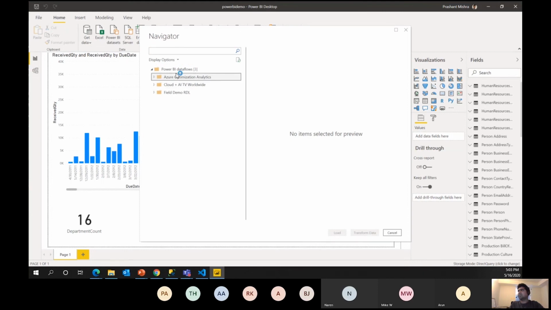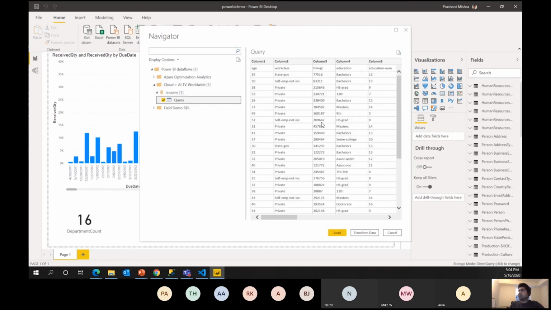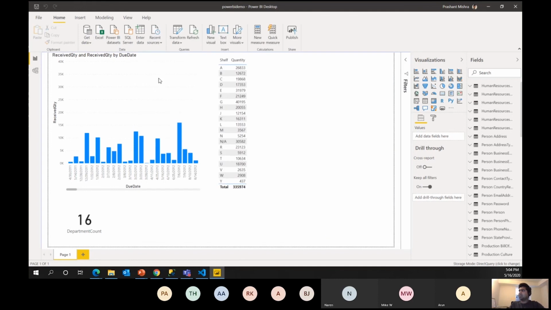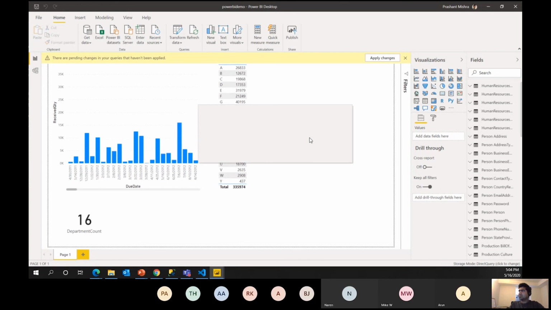Okay, again it is taking me to that. So these are the problems, guys, sometimes we face. I have two accounts actually here. So it is taking me to my another account, which is like Microsoft account. So you will see many things here. So we can just go and check this, how it works. So this is also one of the data flow. So just for example, I am taking this. It's trying to bring that data from data flow.